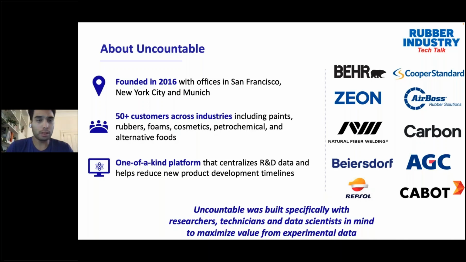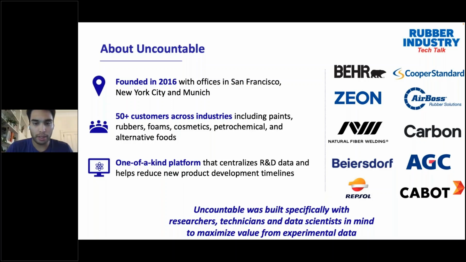The one similarity that we happen to see across all of these teams, prior to working with Uncountable, was a similar challenge that we see across all of these R&D organizations. And it's this challenge of putting their data in a workable and centralized format, and because of that, not having the best opportunity to use this data for current and future developmental work. So what we have and what we present to all of these different R&D organizations is this all-in-one R&D software solution that, with this larger suite of tools, helps reduce experiments and overall development time.